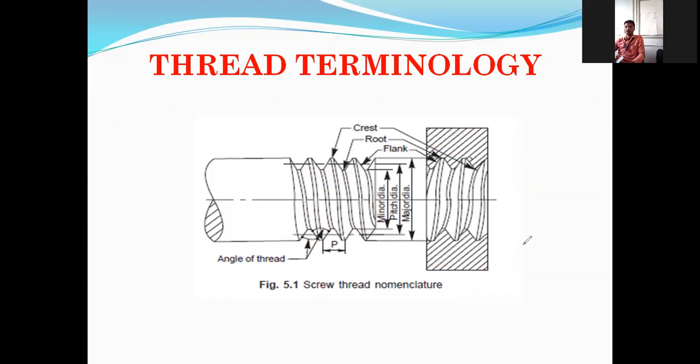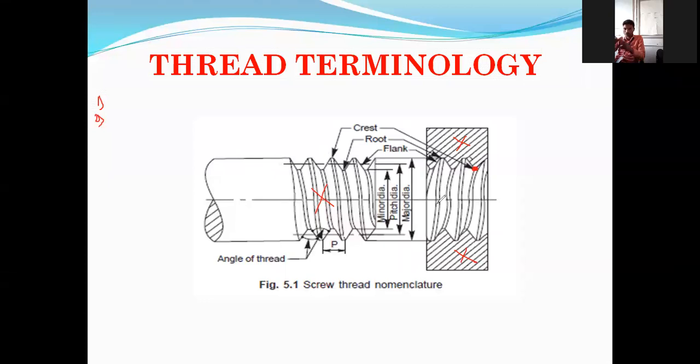That also you have to remember. That's why firstly I have asked you to identify the solid part of the nut and bolt. So here it is solid, this one is solid, and this one is solid. Now, as I discussed, the uppermost part is called the crest. In here also, you see where that arrow goes, that is the crest. So we have seen the uppermost or topmost part is called the crest, and the bottommost part is called the root.